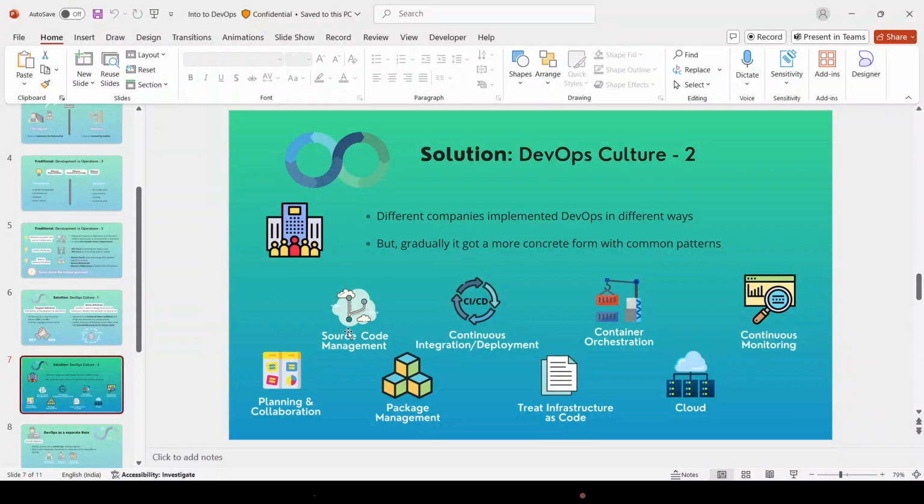And then source code management. Once the developers develop the code, they will use source code management as a centralized place, because different developers will be pushing the code and saving it here. And then package management. Once the code is ready, we will be building it using this package management. Then we can automate this entire process using CI/CD. CI/CD means continuous integration and continuous deployment.